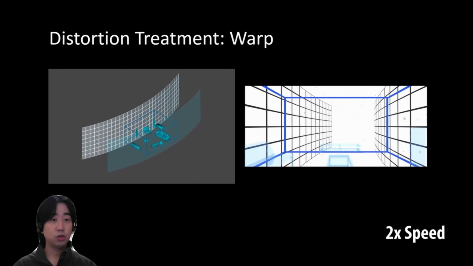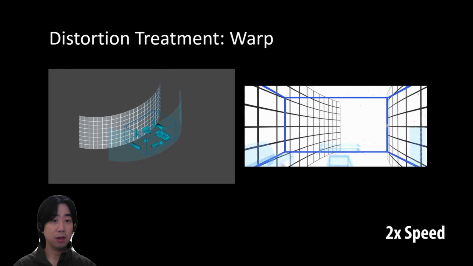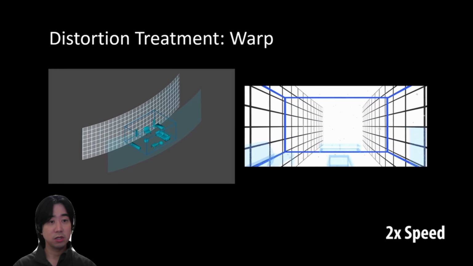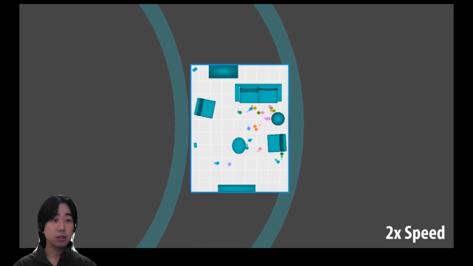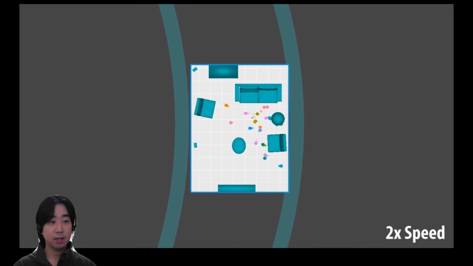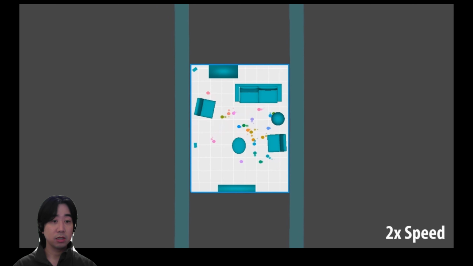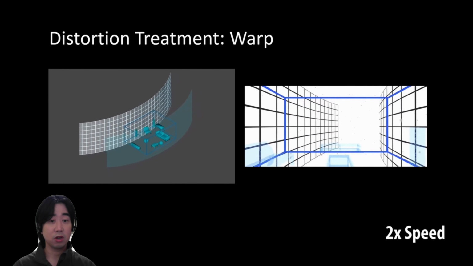Here we see the warp treatment and the user's view. Again, the following clip shows a playback visualization of all participants' locomotion in the room induced by the warp treatment. It is apparent that the users moved to the right side of the room while the treatment is in effect. We believe this pattern is caused by participants moving to the side of the room to better see the end of the curved corridor.